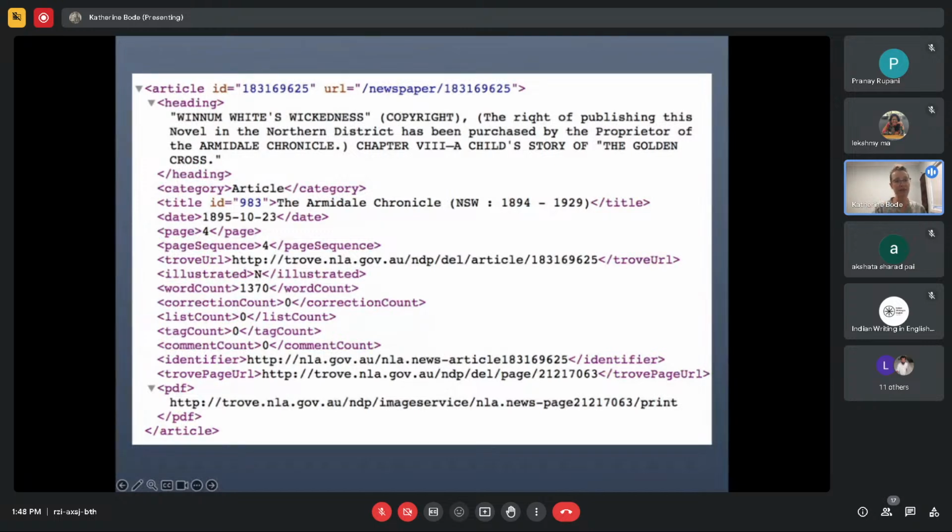So this record is fiction, and we can tell this by information in its heading field, which includes a title that sounds like it's a literary work, Wynnum White's Wickedness, information about copyright, and a chapter number and title. Other headings might have just the chapter number, so just chapter VIII. Or alternatively, they might have much more information than this one. For instance, about where else the title is being published, descriptions of the story, so saying that it's sensational or original or tragic, or signature details are really common. That's when it's recorded that this story is by the author of, and then they have a list of other titles. In either case, their inconsistency or the unstructured data requires manual work,